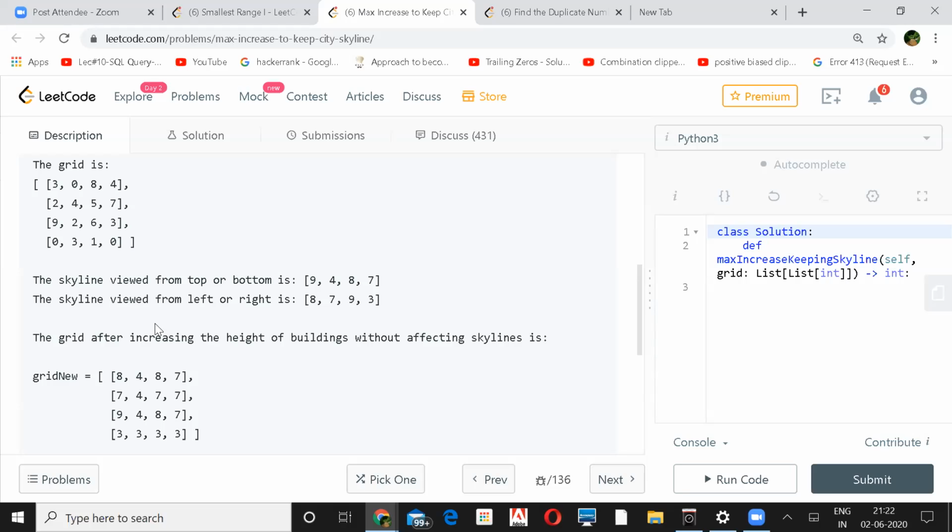Yeah, if somebody has implemented, like. I can show. So